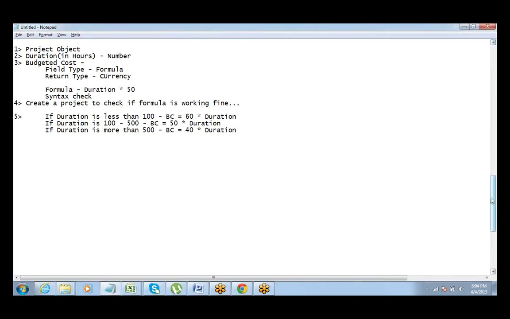So we just need to go to that field, edit that field, and change the formula. We'll have to write the if condition there.